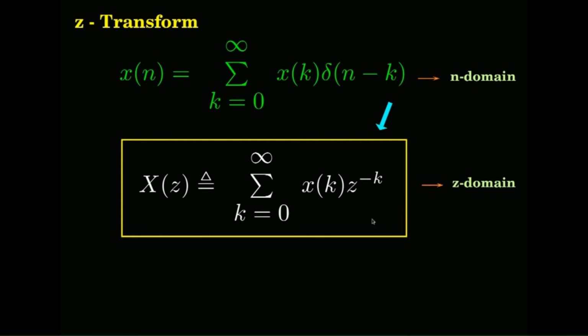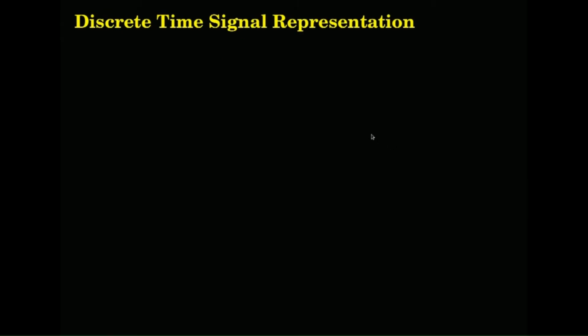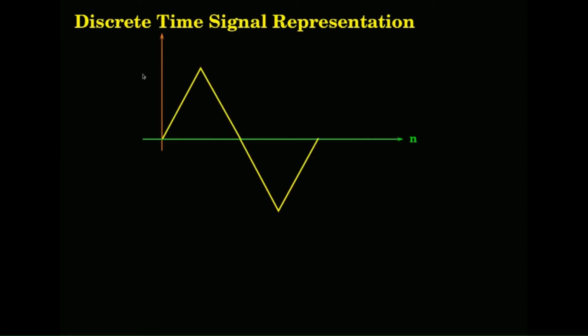Now, let us see how we can represent a signal in the discrete domain. So, let us have the graph. X axis is n, discrete time. The y axis we will have the signal. Now, let me put a signal something like this, could be any signal for that matter. I have taken straight lines, and then you can join them. This is a continuous time signal x(t).